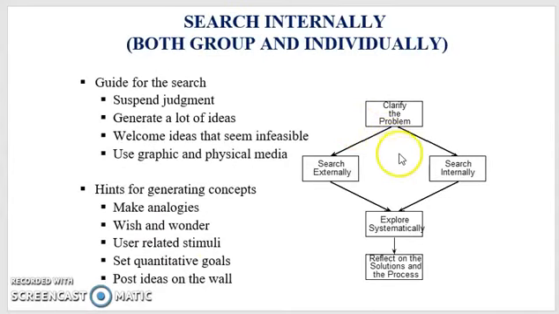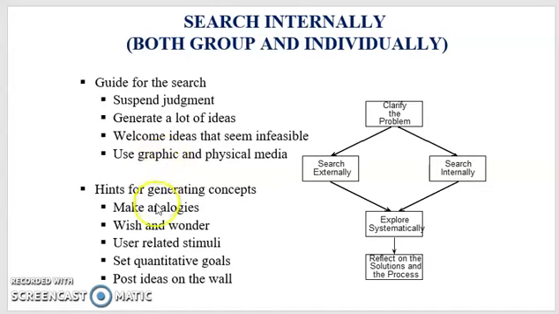Searching internally is the next step in the concept generation process. Internal search is the use of personal and team knowledge and creativity to generate solution concepts. It is also called brainstorming. This type of search is internal in that all of the ideas that emerge from these steps are created from knowledge already in the possession of the design team. This activity may be the most open-ended and creative of any task in product development.